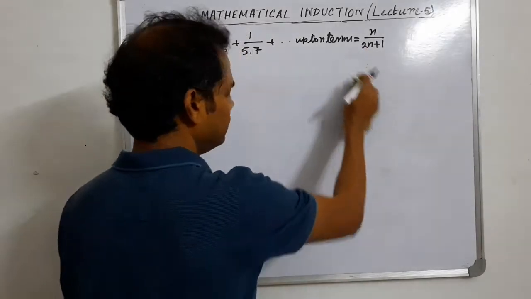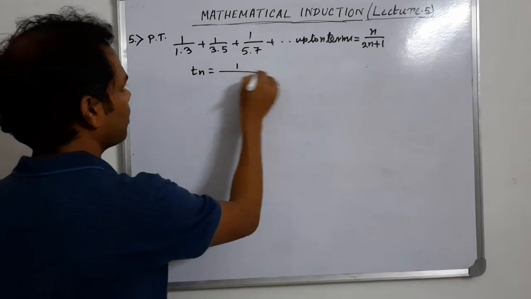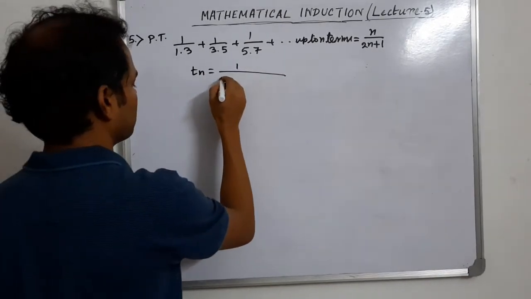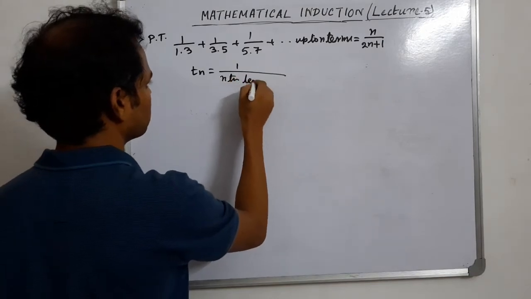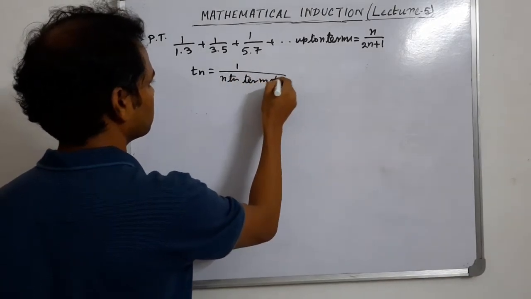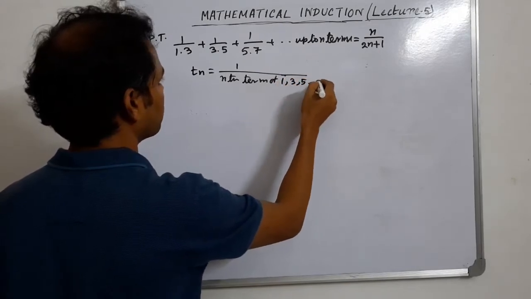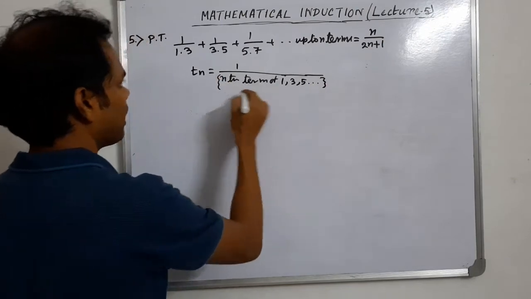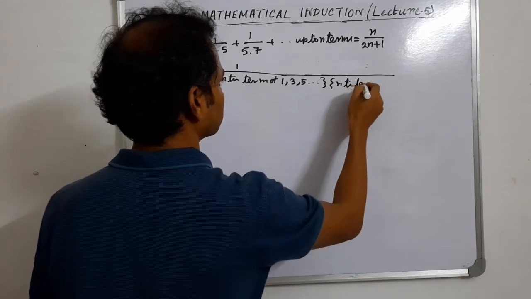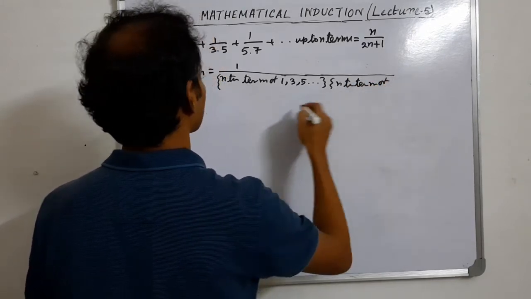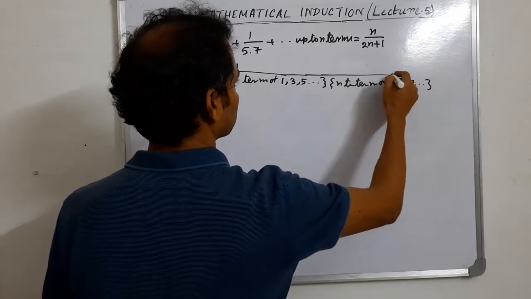So the nth term can be written as 1/1 plus, the nth term of this series 1, 3, 5, ..., and the second factor is the nth term of 3, 5, 7, ...